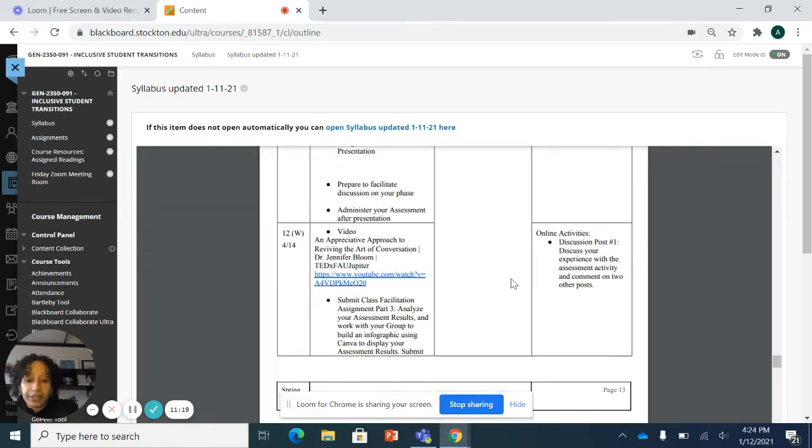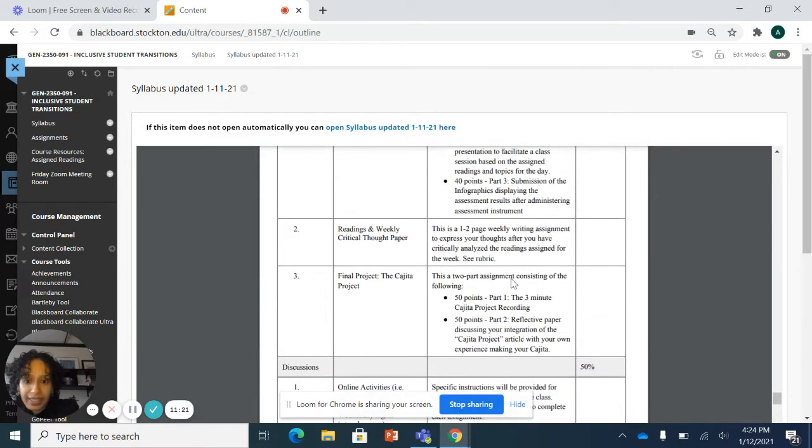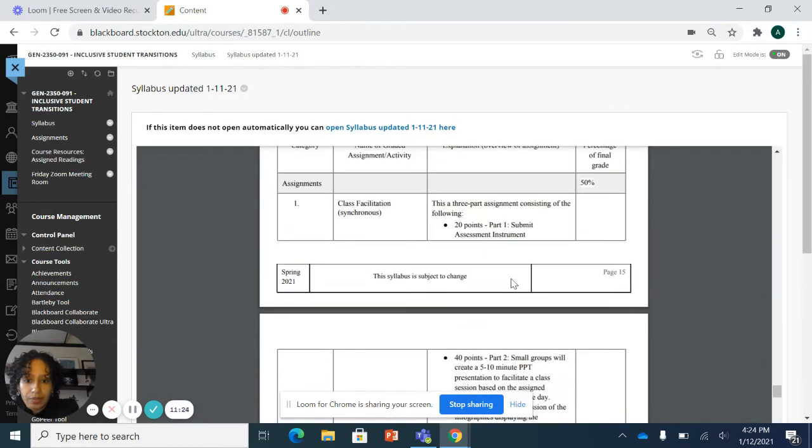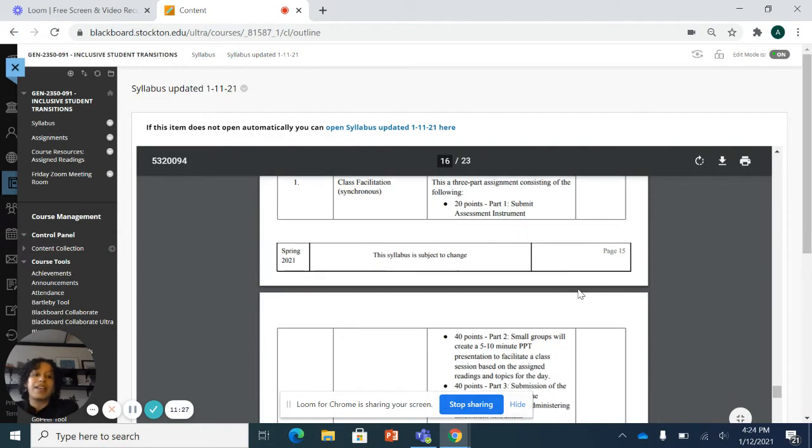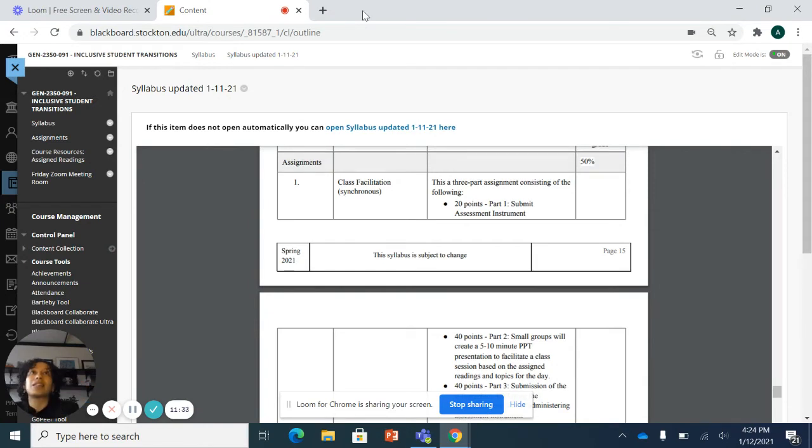And so part 1 of the group project is to submit an assessment instrument. An assessment instrument basically assesses whether or not you were able to accomplish your goals or your outcomes for the presentation. So if today my goal is to help you understand the course expectations and the syllabus, if I were to create an assessment, it would ask questions about your understanding of the information that I presented today.